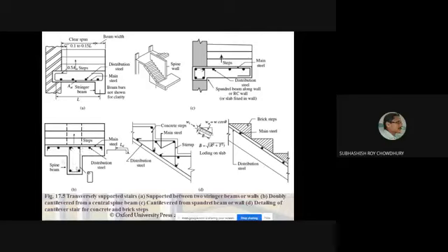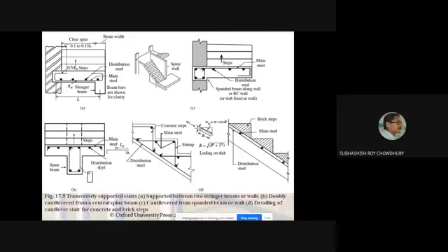That is another aspect you should keep in mind in your professional life when you go for designing this kind of stair. You should know that the live load arrangement is an important part of designing this kind of stair slab as well as the spine beam. So that is very important.